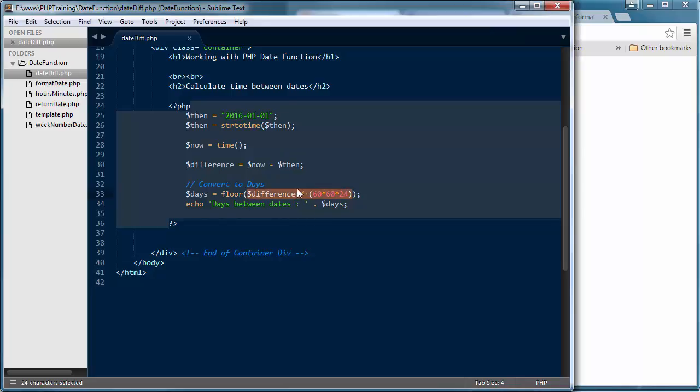I've divided the difference by the number of seconds in a day. So I divided that difference by the number of seconds in a day. By using the floor function that's built into PHP, I rounded it down to the nearest whole integer. All right, so once you've grasped the fundamentals of dealing with dates and timestamps in PHP, it really pays to